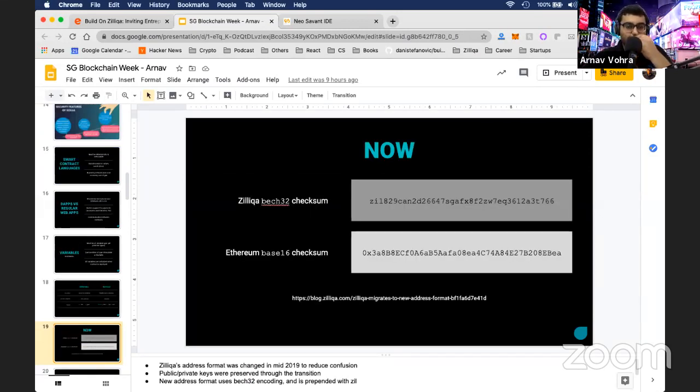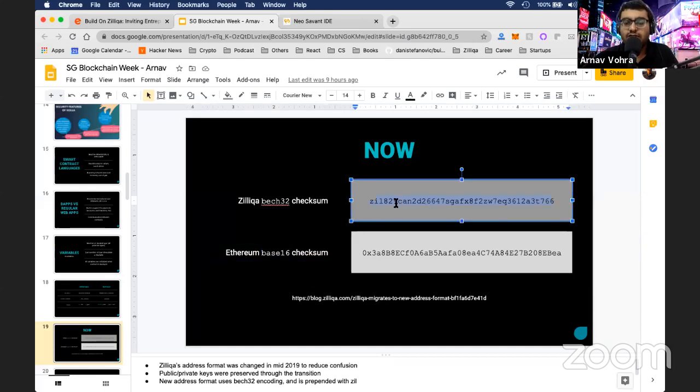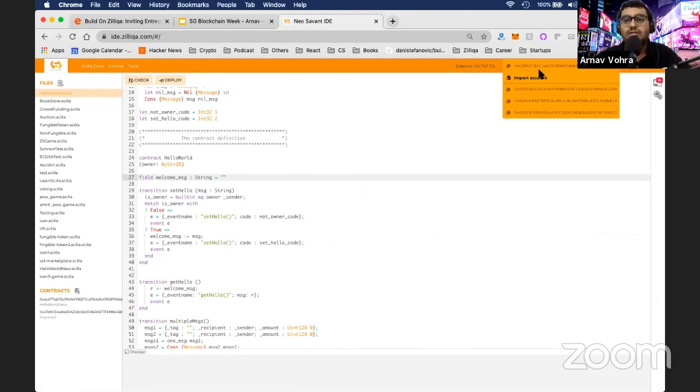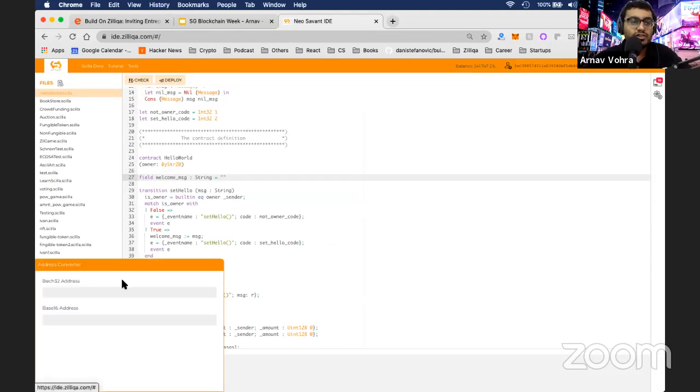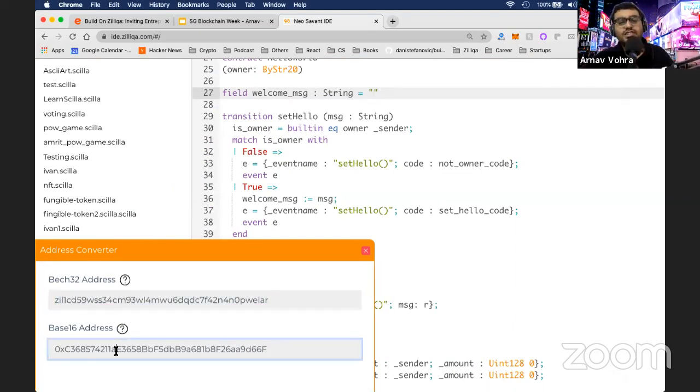And these are just two address formats on Zilliqa. So we have this bech32 format and base16 format. This is how this looks, and this is how this looks. And actually, these are interchangeable. If I copy this address and go to tools, address converter, and say this one is a base16 address, you see I get this bech32 address. So these two addresses are interchangeable, and the reason we had to introduce these addresses is a long story, but